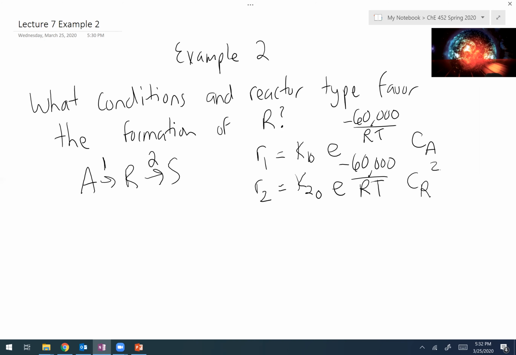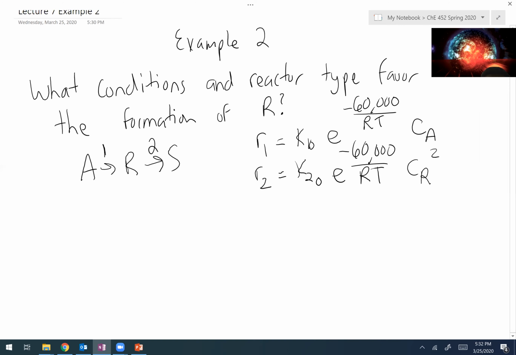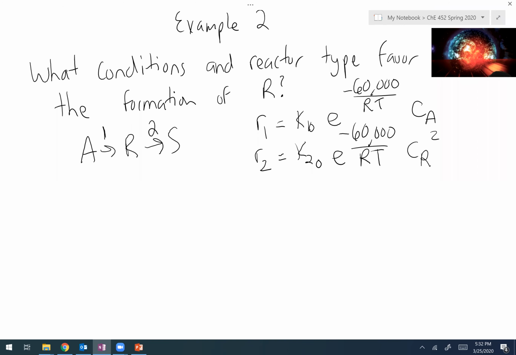Looking at this, I see R is an intermediate. So I have to figure out how we would maximize overall production and yield of R over S. When you're looking at a reaction intermediate, the first thing you consider is a plug flow reactor